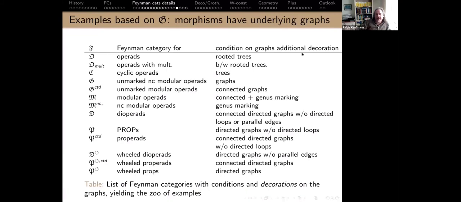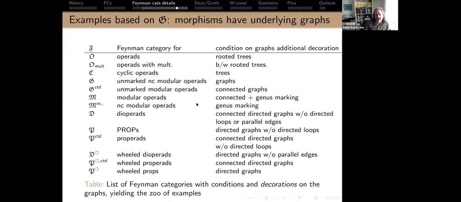And in the second step, I'll explain that also that is part of the whole magic, that is not willy-nilly. These are exactly the Grothendieck deconstruction and the plus construction, and restriction at work. And you just put some conditions. If you just fix those graphs to be rooted trees, you get operads, black and white rooted, you get multiplication, cyclic operads, unmarked, marked, non-commutative modular operads. This has mergers. You can get modular operads, which is sort of disconnected. And I guess this was somehow rediscovered now that the connected graphs play a big role.